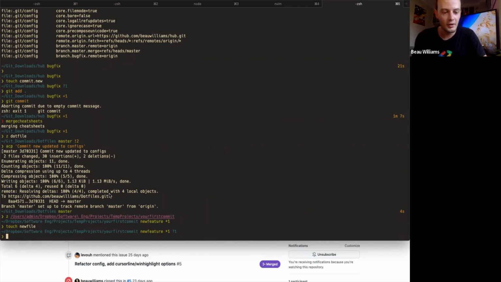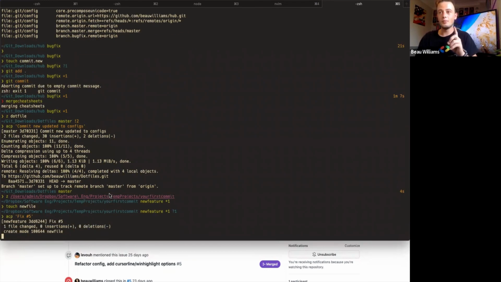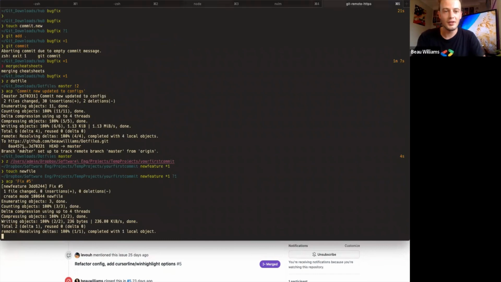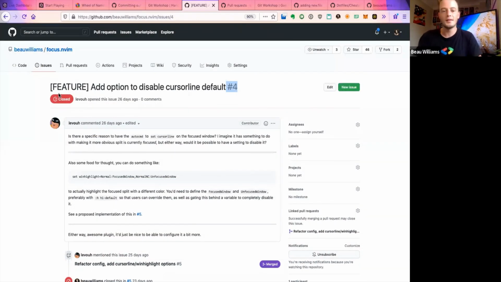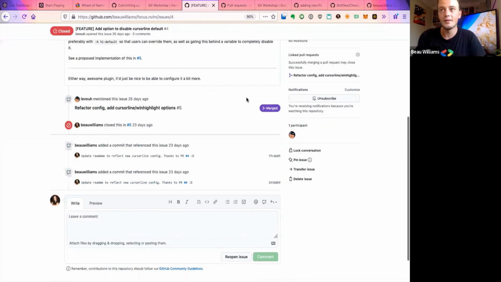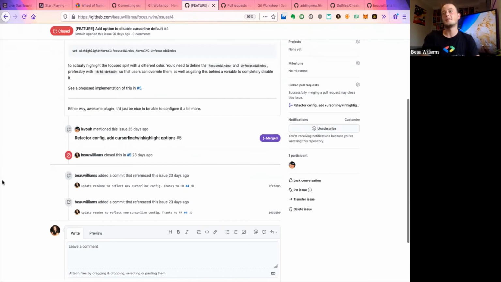If I go ACP and I go fix number 5, now if we had an open issue number 5, it would automatically close it for us. It'd put in the commit relating to this, add a reference, and close it off automatically for you.